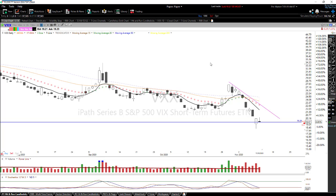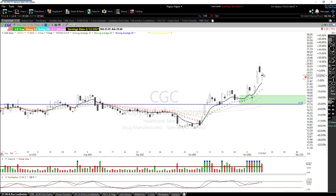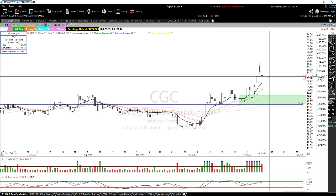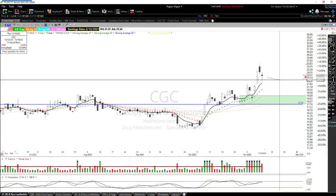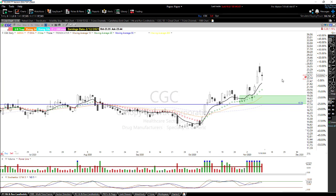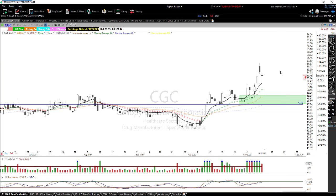What else did we do? We bought some CGC. I bought a little bit of CGC. This is also one of the trade ideas today, so I suppose we ought to go ahead and talk about that as well. I bought some CGC with the idea that if it went a little lower, I could add more. I didn't buy a full lot of it, so I could add more. And if it did start to go up, then I was already in it, and of course I could add to